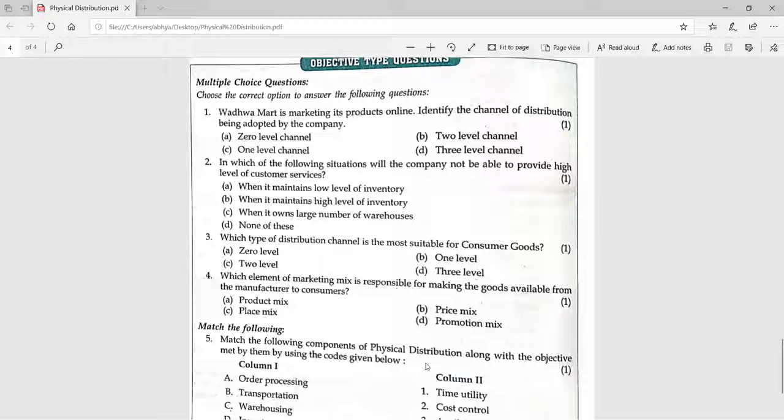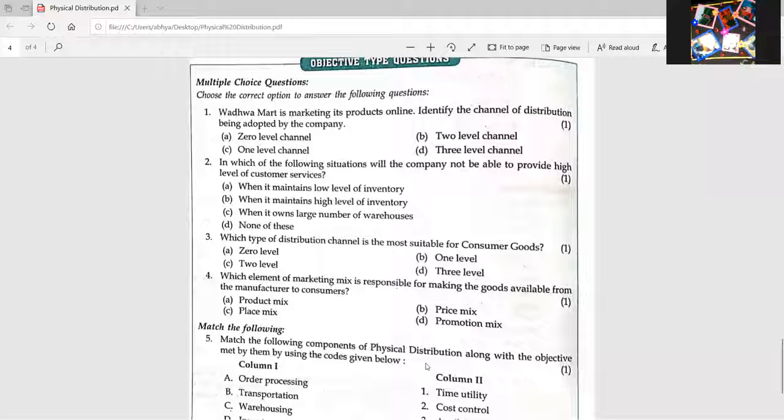Next, three. Which type of distribution channel is the most suitable for consumer goods? Yes, tell me. Zero level, one level, two level, three level. Ma'am, consumer goods, I think zero level. No. Yes, it's two level, because